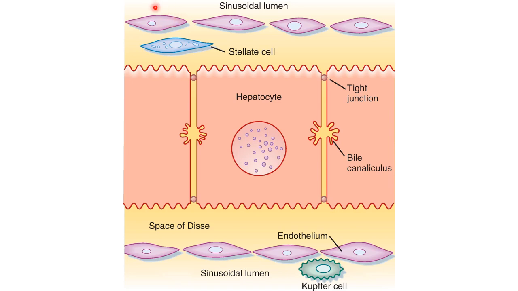There are many fenestrations, right? So the substances, plasma, and so on enter here, and that's the time that it bathes the hepatocyte. So for example, if you have a poison, we have an example later,